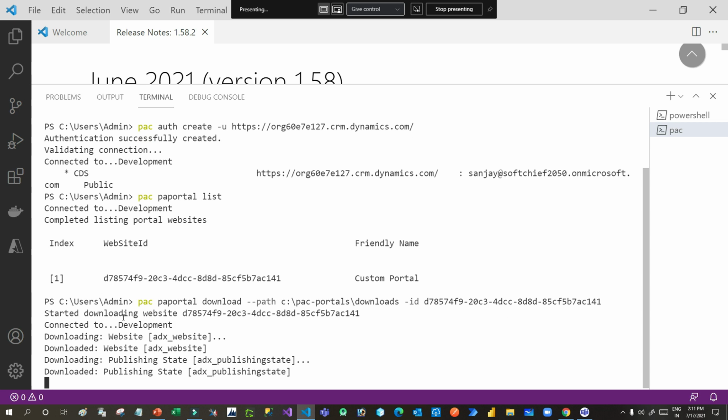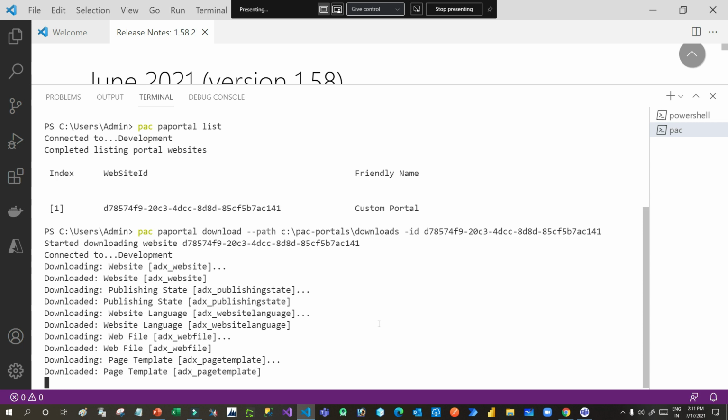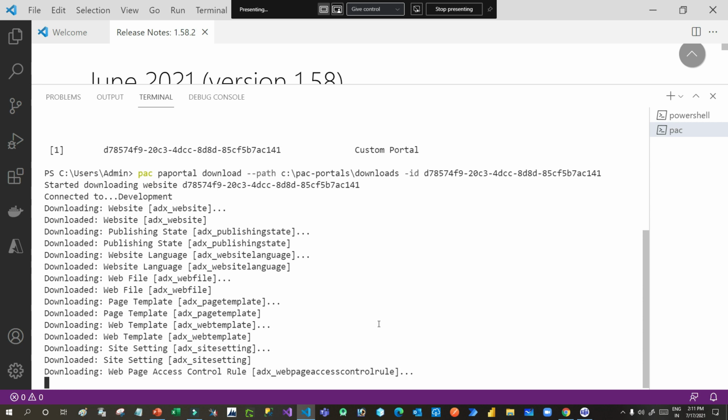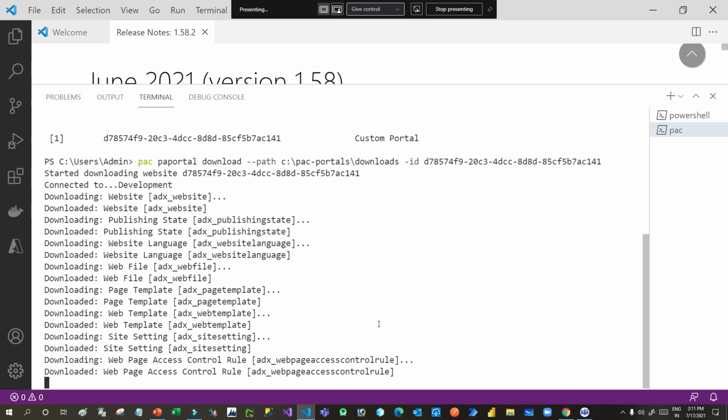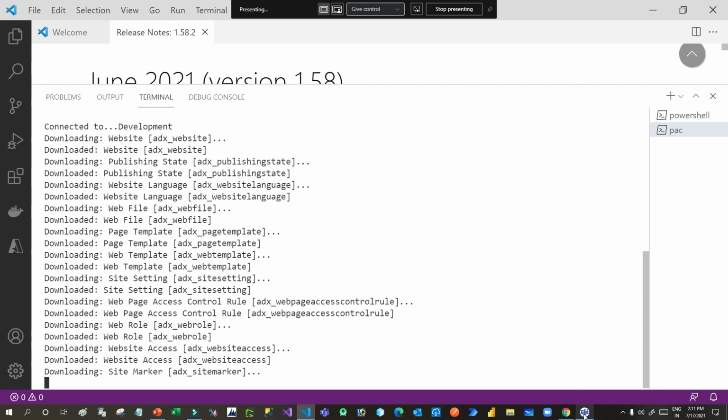Now it is trying to fetch all the data that are part of my Power Portal. It is trying to download everything that are part of my portal, right? So it keeps downloading. So many resources are there.